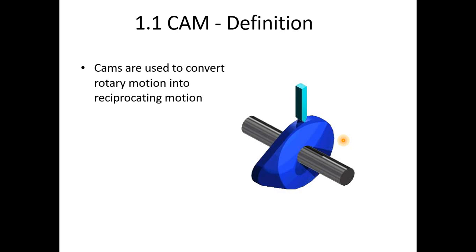The cam is usually rotated at a uniform speed by a shaft, but the follower motion is determined by the shape of the cam. The follower is always in contact with the cam and its motion is always dependent on the shape of the cam. Look at this, this is the shape. The follower moves upward and downward. This is a knife edge follower, it moves upward and downward. It is totally dependent on the shape of the cam. If the shape of the cam changes, the follower motion also varies because it is in point contact with this particular cam.